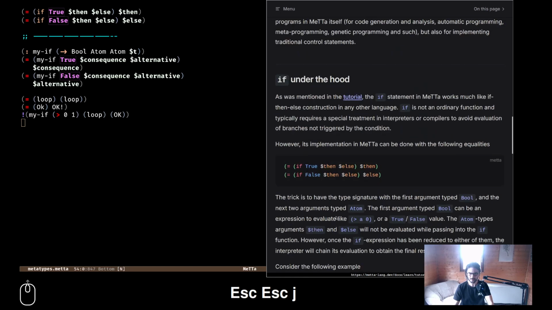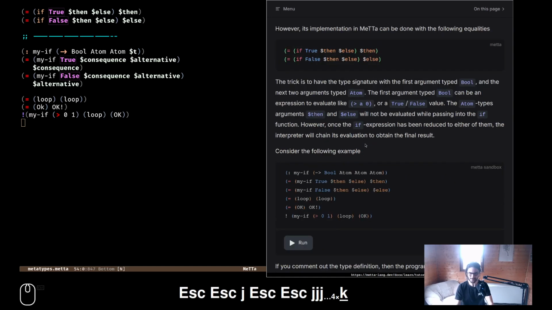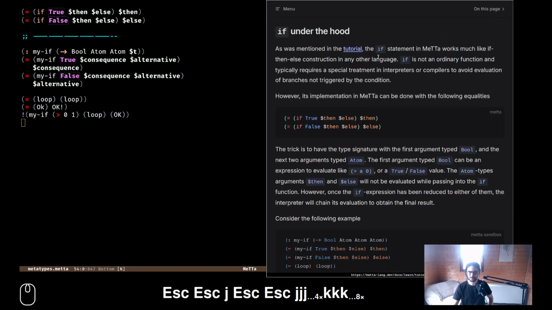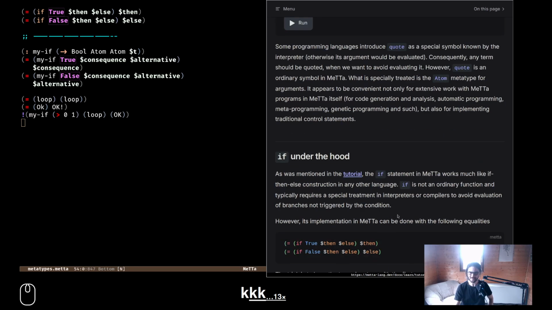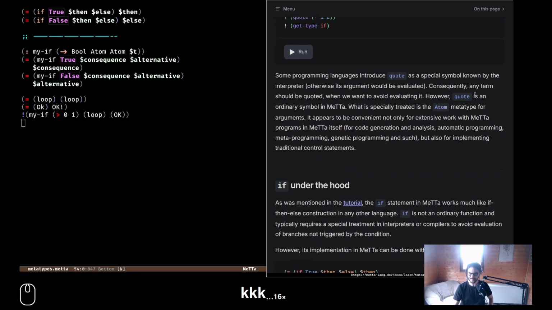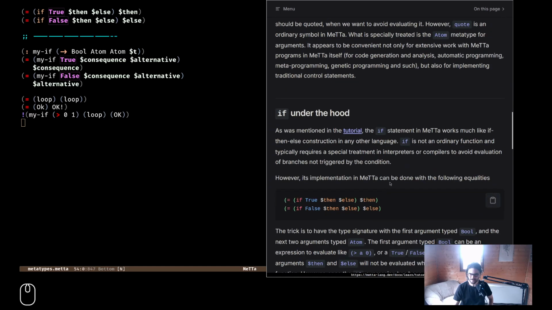They also kind of say it here, like, yeah, this is something impressive. Usually you have this as a compiler thing or an interpreter thing, but here some programming languages typically require a special treatment in interpreters or compilers to avoid evaluation of branches not triggered by the condition.